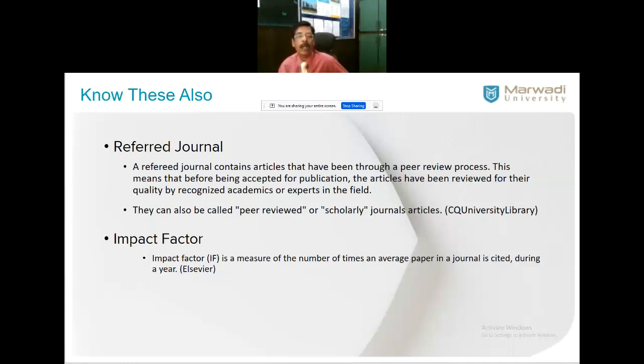Okay. Then go back to impact factor. This is quite frequently being taught: what is the impact factor of your article being published, or the impact factor of the journal. It's like a ratio, a fraction. It is a measure of the number of times an average paper in a journal is cited. So there are 10 or 15 papers they receive, and it depends upon how many times they have been quoted or cited by the people. And there are other indexes also available that I think one more speaker will be talking about. Better I not touch upon that.